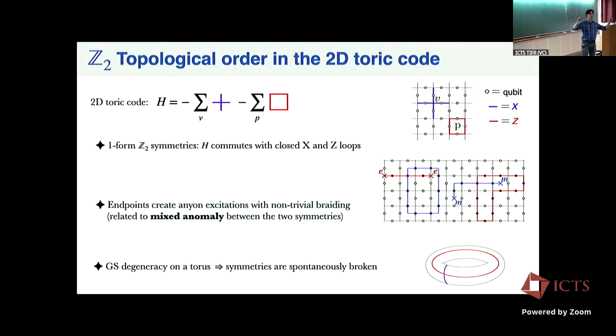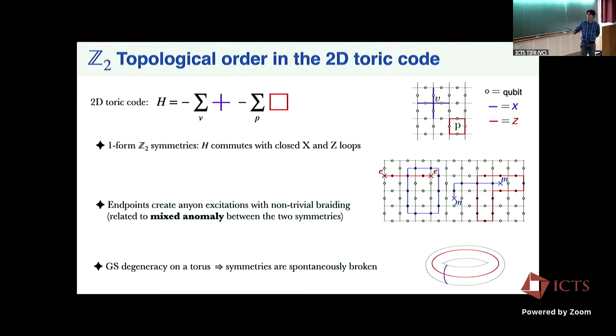And these excitations have some non-trivial braiding. There are two types, E and M. If I take an E around an M, I pick up a -1. And in terms of symmetries, you can think of this as a kind of mixed anomaly between the two symmetries. This is analogous to what you heard about in the morning talk this morning, except this is for Z2 symmetries rather than the U(1) symmetries that you have in electrodynamics.